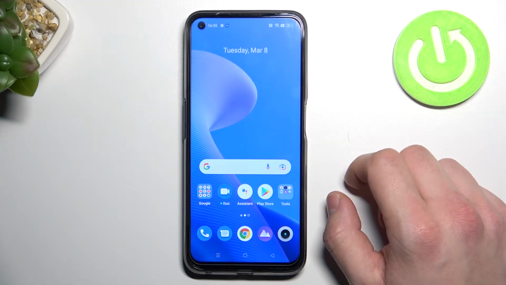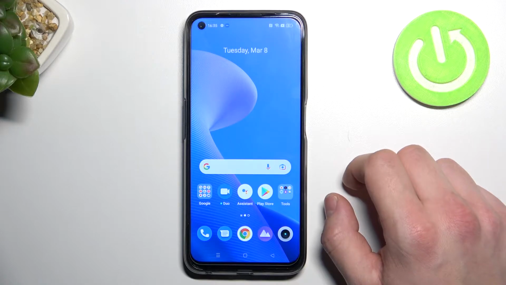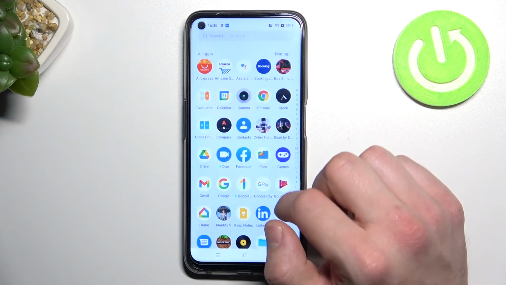Hello, in front of me I've got Realme 9 Pro. In this video I'll show you how to add different types of cards to Google Pay. In the beginning, let's enter Google Pay